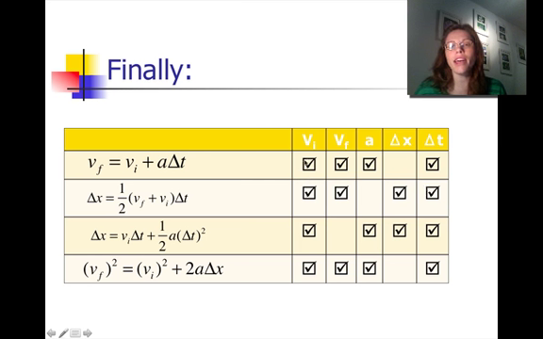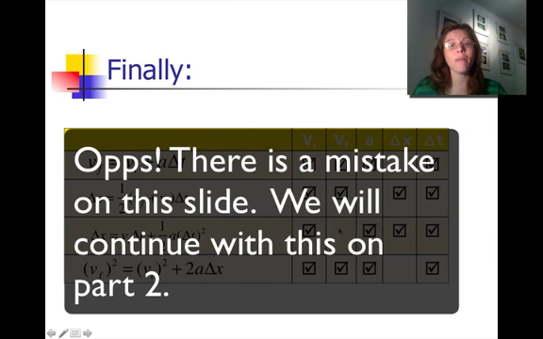And then on this side, we check which variables we have. So we have VF, so it's checked. VI is checked. A is checked. Change in time is checked. The one that's not checked is the one variable that's not used in the equation. So this equation has VI, VF, change in x, and time, but it does not have acceleration. This equation has VI, A, change in x, and time, but it does not have VF. And this one